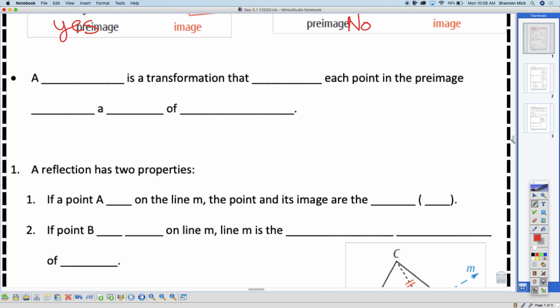A reflection is a transformation that reflects each point of the pre-image, and again, what's a pre-image? The before. The before, across